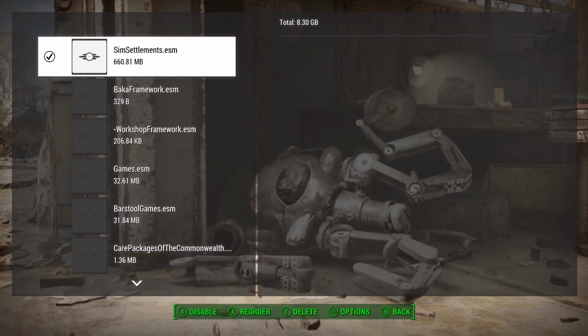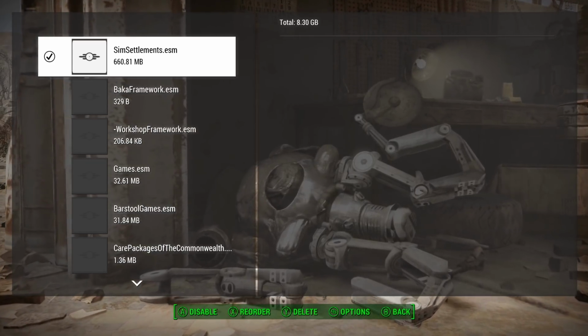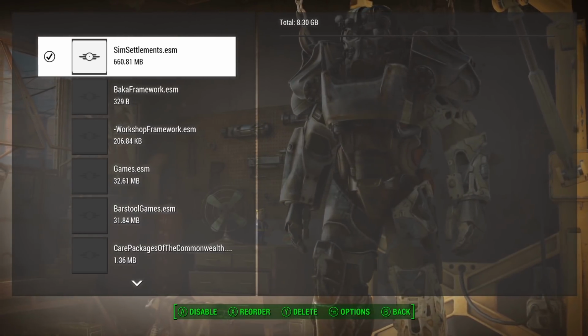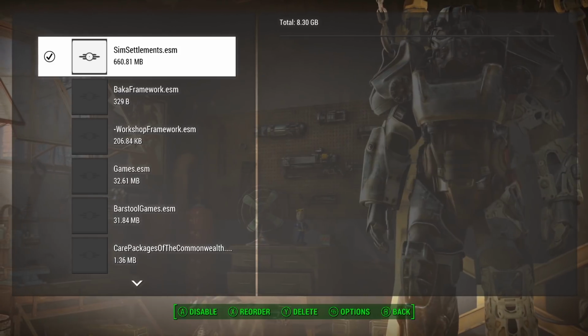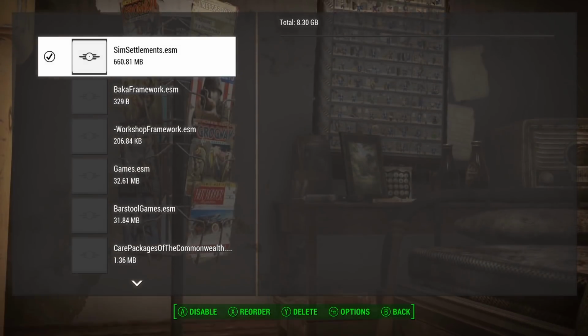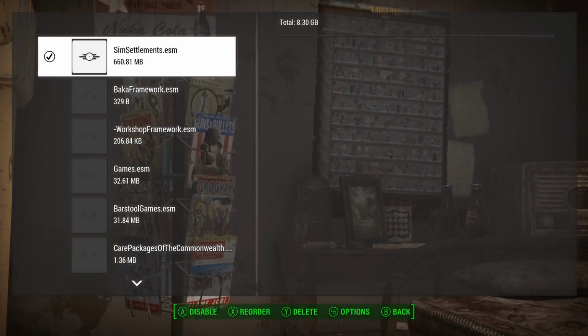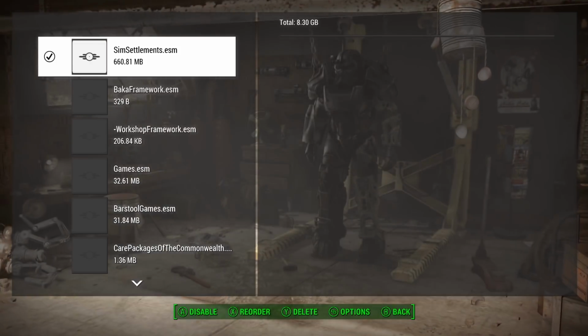So the first one is a relatively new issue, and that's you set up a mod or you download a new mod, you've checked in your load order screen, you've got it checked in, and then as soon as you load back in the game, that mod is clearly not working. It's not loaded. You come back into the load order screen, it's unchecked. This is almost certainly a PC player only problem, but what it means is that you are not on the appropriate version of the game.